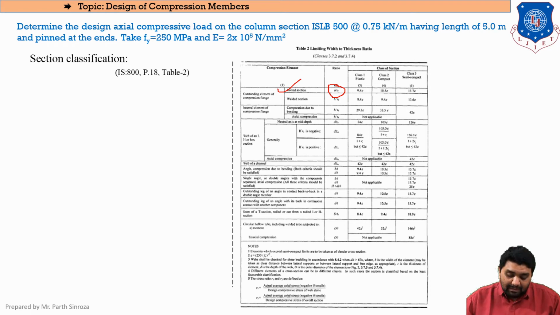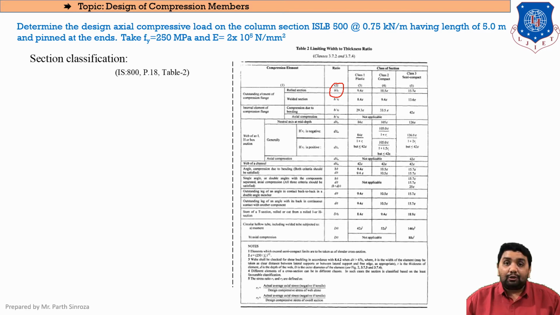And for the value of b by tf, three classes are mentioned and all three classes are satisfied. In the angle section you can see that for the first two classes it is not applicable, so we were seeing only the value that is less than these terms. Yeah? But in the case of the flange, this value is applicable in all three classes. Now how to find out these cases? First thing will be to find this ratio, that is b by tf, where b is bf by 2, and tf is the thickness of the flange.